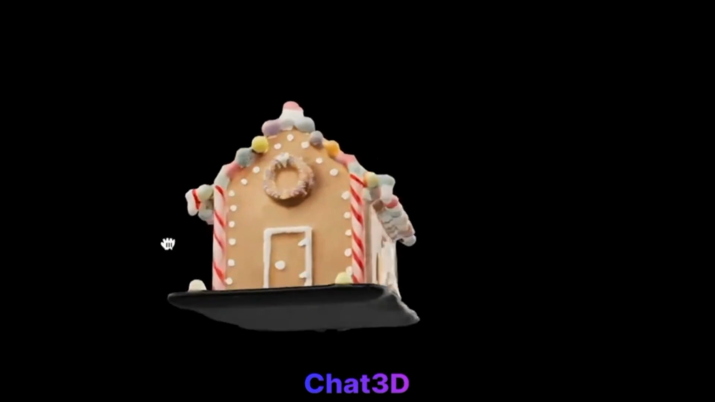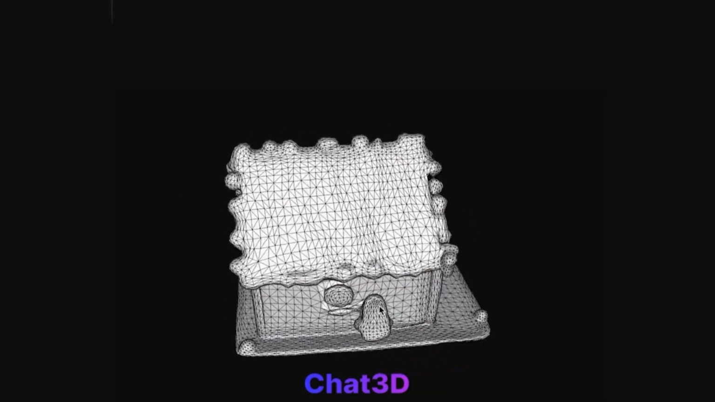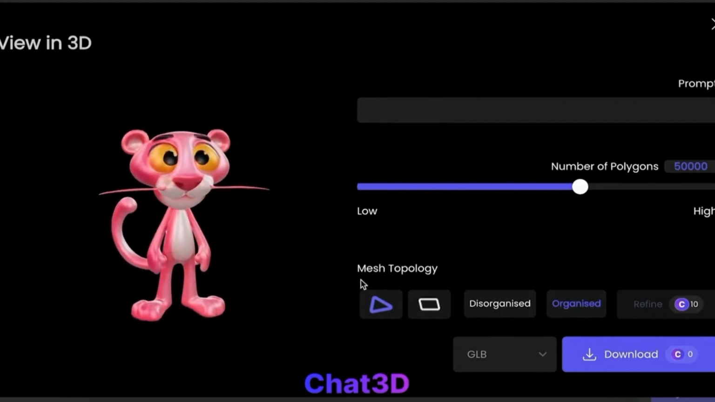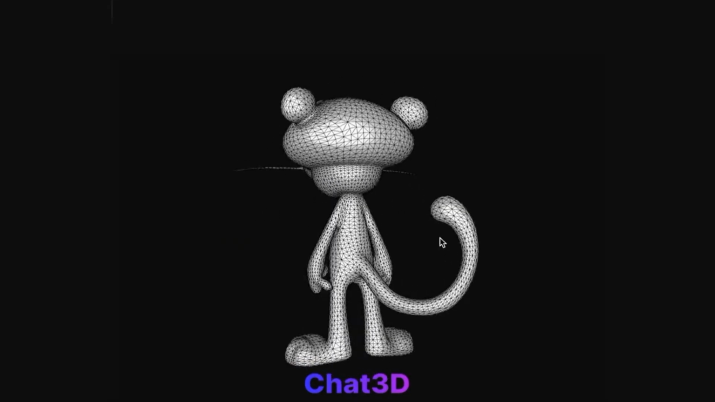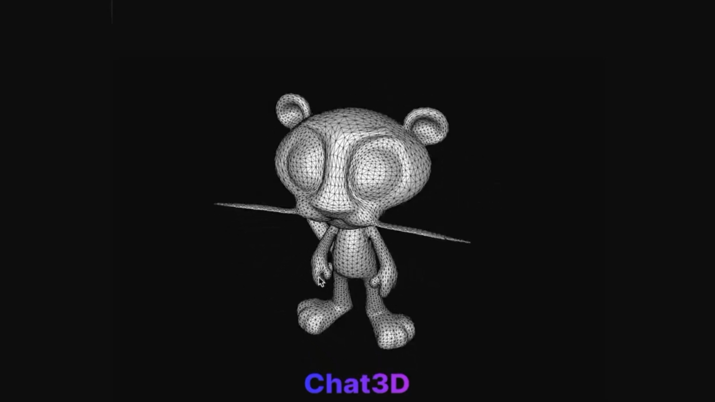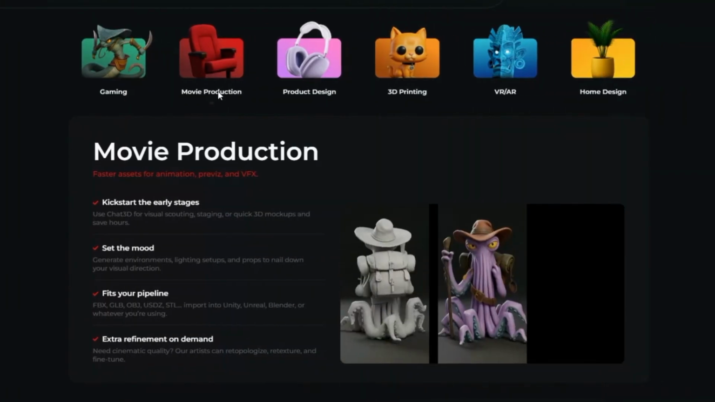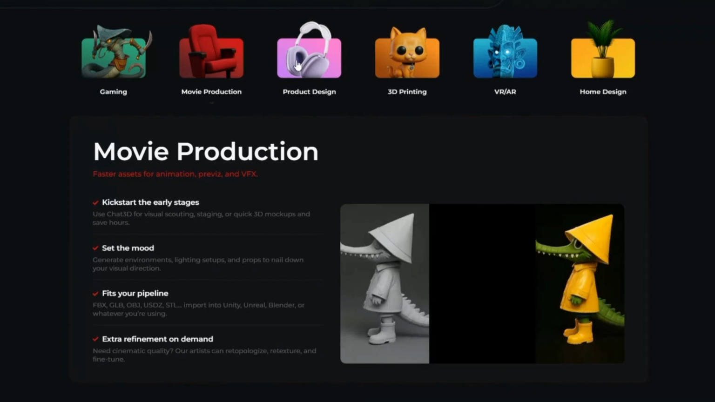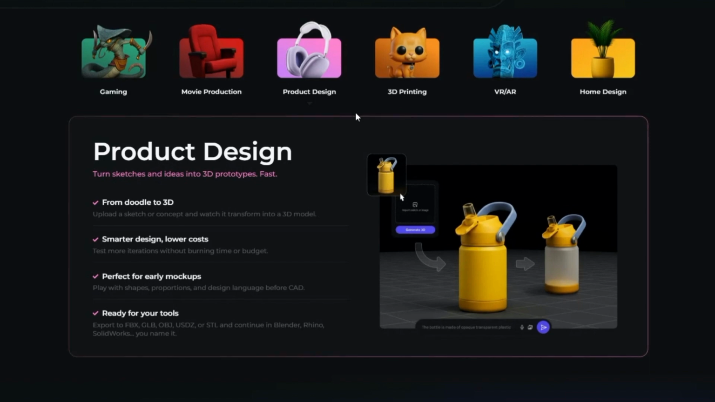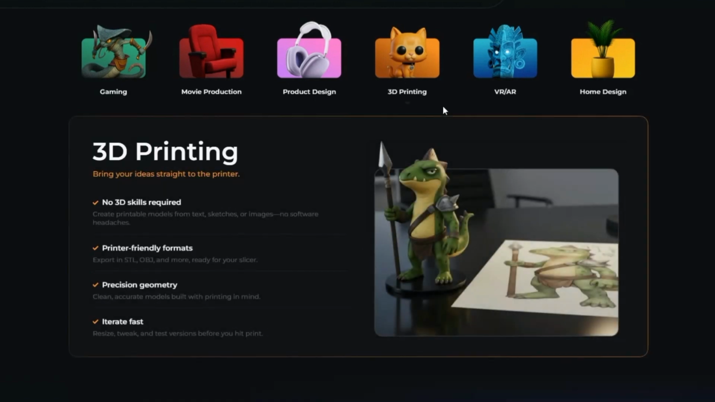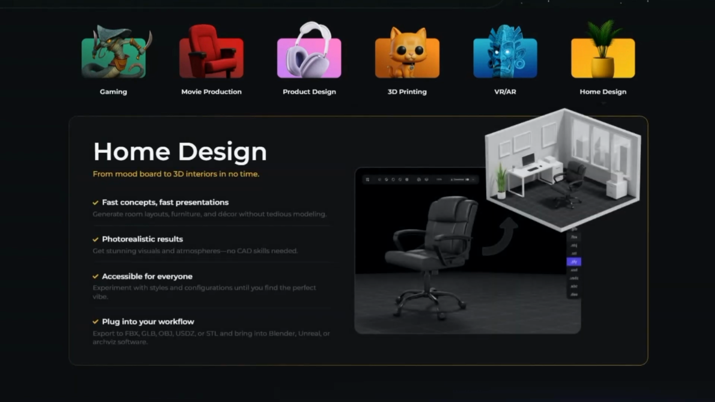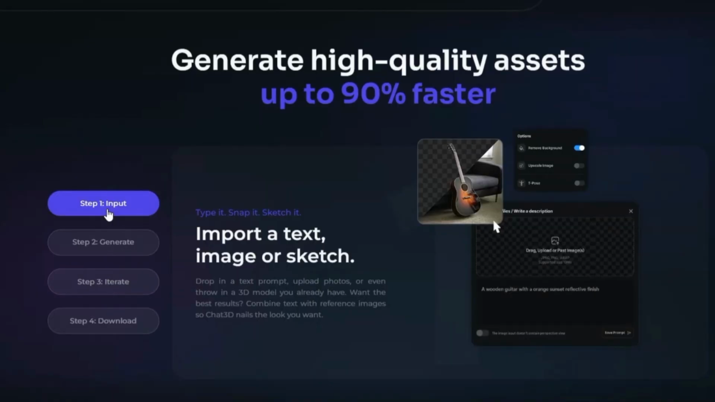So, how does it actually work? Chat3D uses generative AI models trained on thousands, maybe millions, of 3D shapes, textures, and materials. The AI learns what objects look like from every angle and how they behave in three-dimensional space. When you type a prompt, it doesn't just guess what the object should look like, it reconstructs it as a full 3D mesh, complete with textures and materials. It's the same principle behind text-to-image models like DALL-E or Midjourney, but instead of creating flat pictures, Chat3D builds actual